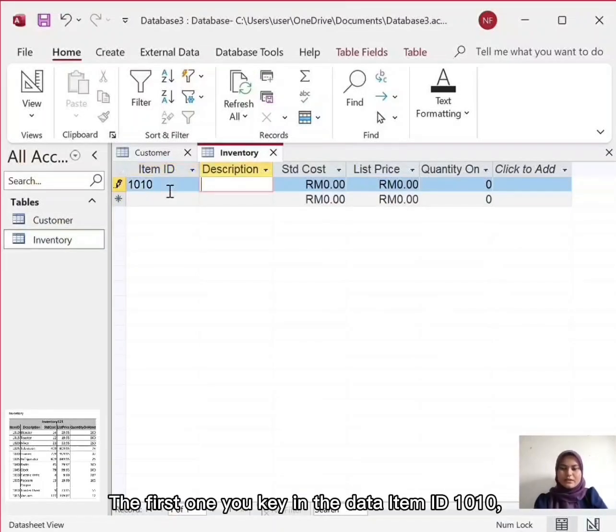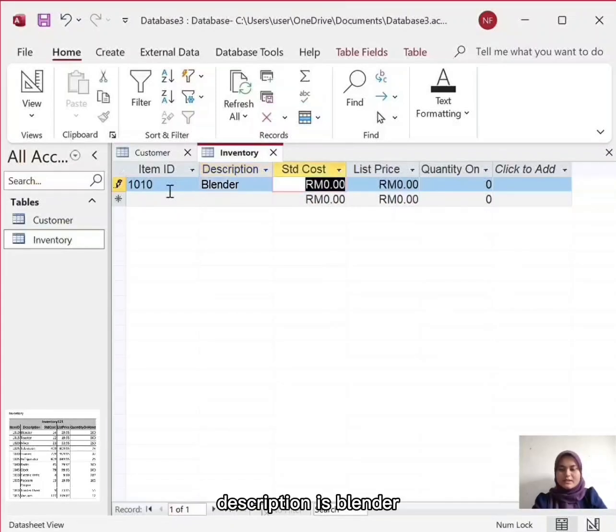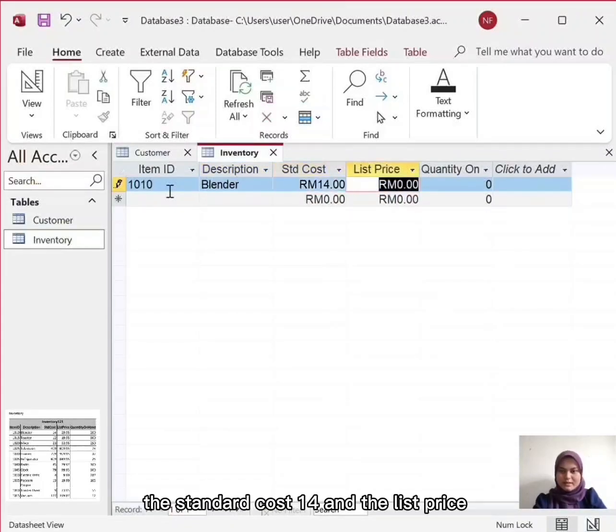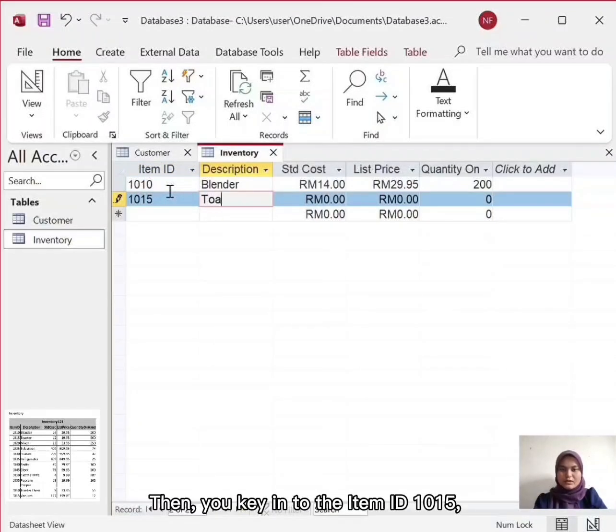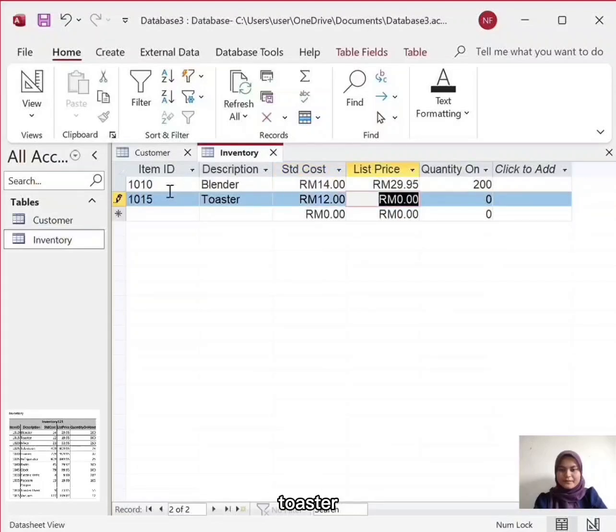So the first one, you key in the data item ID 1010. The description is vendor, the standard cost 14, and the list price 29. Okay, then the quantity, and then you key in the item ID 1015.